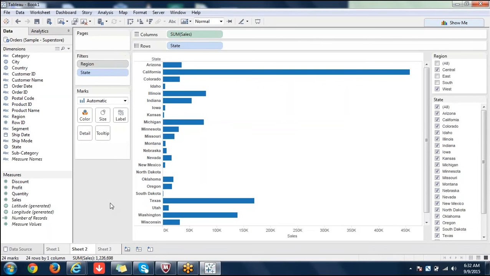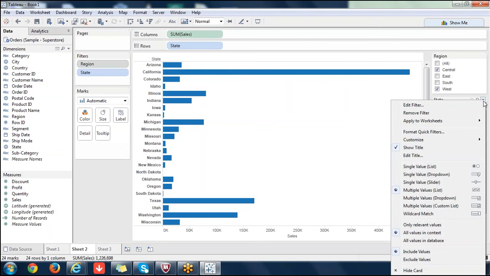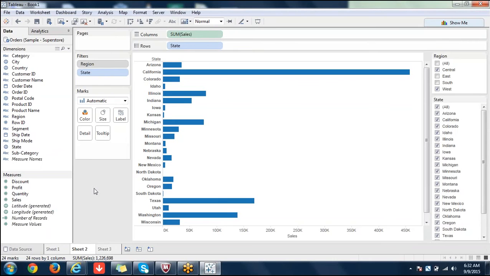And one more thing, this is context filter and cascading filter. The difference between them is only in terms of improving performance. When you add a value to context, you will see it in gray color. And in the lower order filter, or lower level filter, you will say all values in context. Whereas for cascading filter, you say only relevant values. That's the only difference between how you develop context filter and cascading filter. The major purpose of context filter is to improve performance.